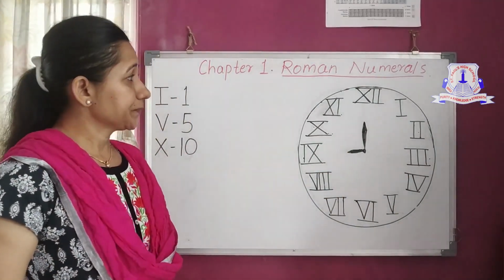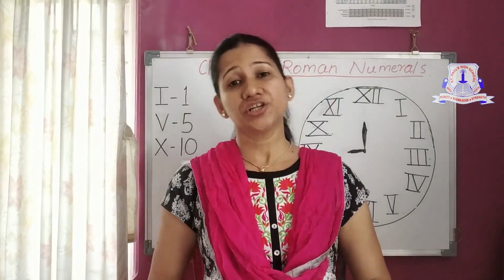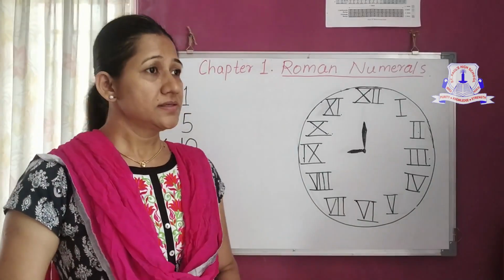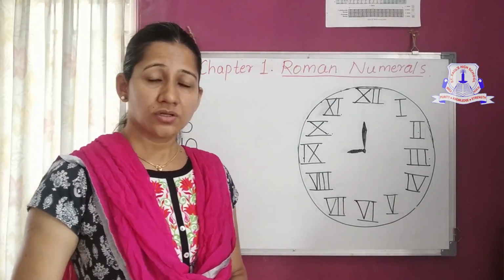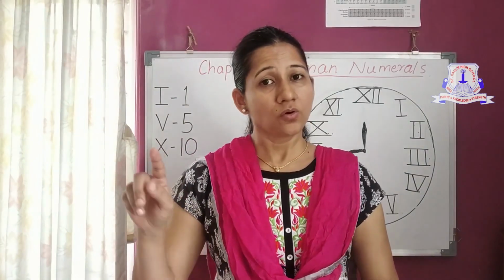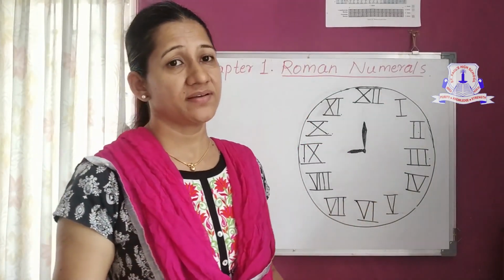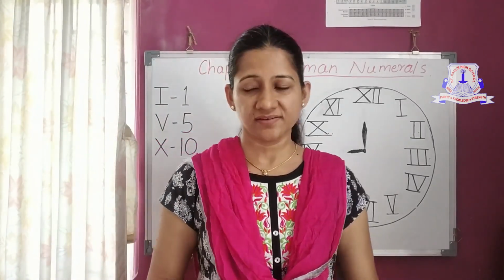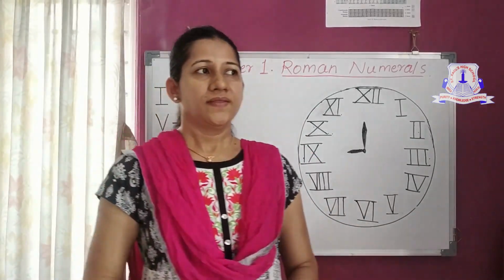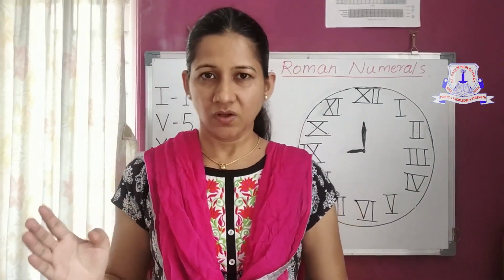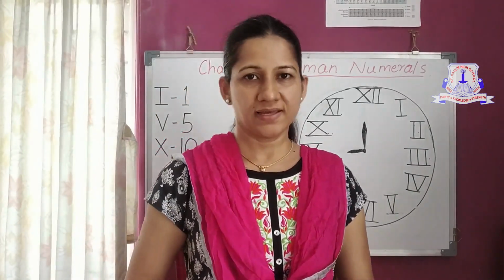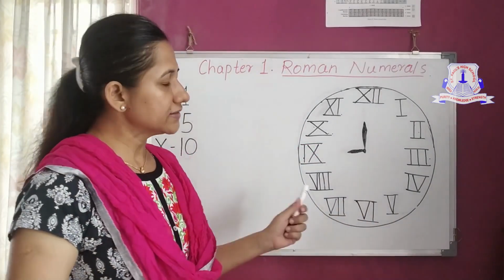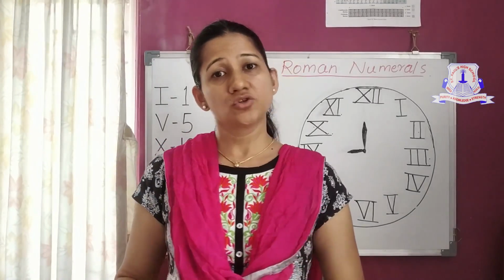Generally in ancient times, during the Roman Empire in Europe, these numbers were used as Roman numerals. Even recently, in the present time, they are used for some sport events, television or certain videos. So let's study today in this chapter how to write Roman numerals from 1 to 20.